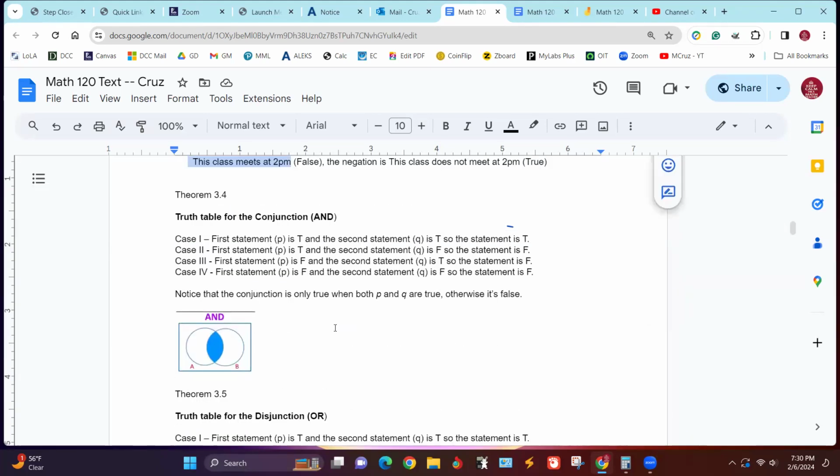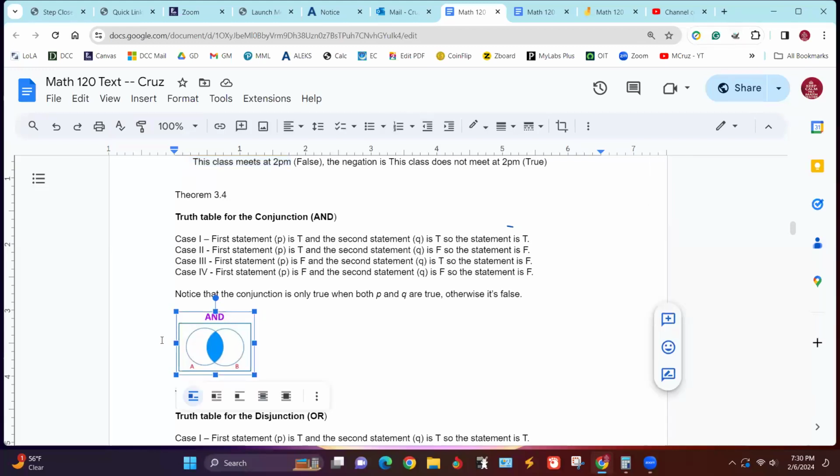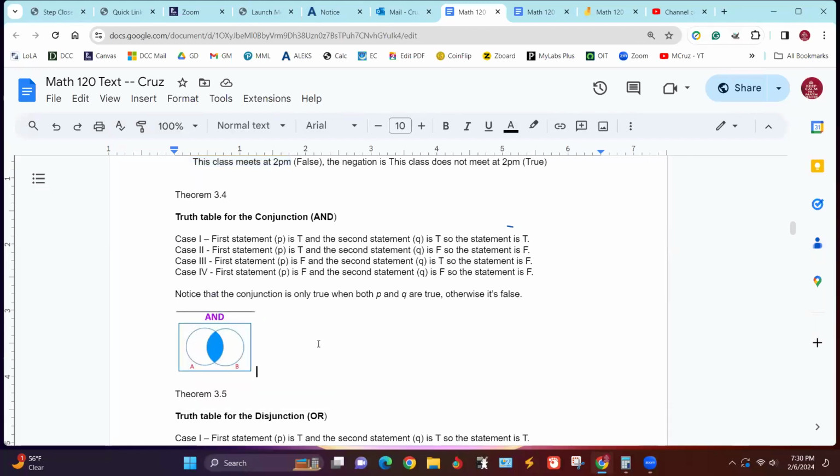Now, I got this little thing in here to harken back to chapter 2, and this is the Venn diagram for what we call the intersection, and the intersection is and. Because you remember when we had a Venn diagram with 2 sets, there are 3 different regions.